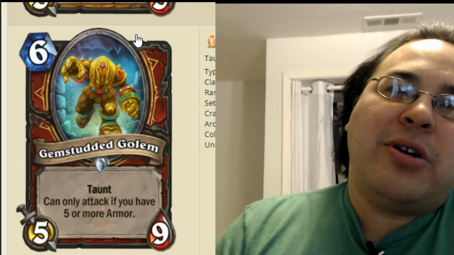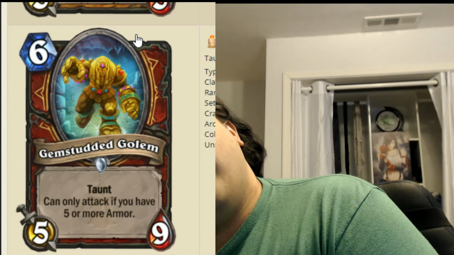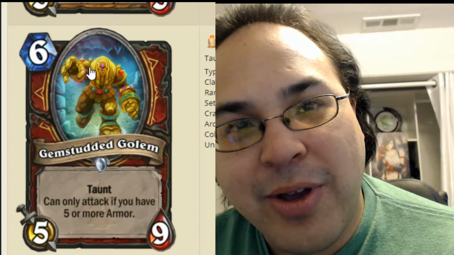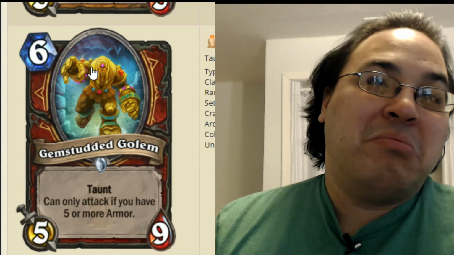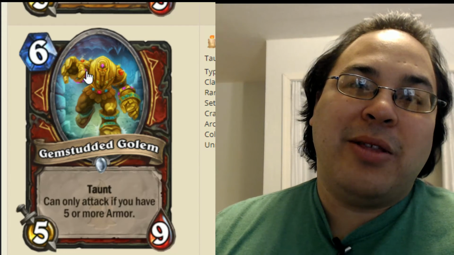Gem-Studded Golem, 5/9 with Taunt. Can only attack if you have 5 or more armor. Well, I don't give a shit about attacking with a card like this. I just want him to protect me and use his taunt factor. So that's good. I may not have 5 armor, but I think I would still play this card,